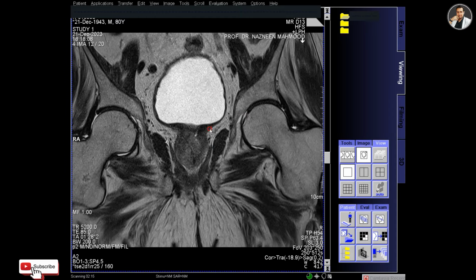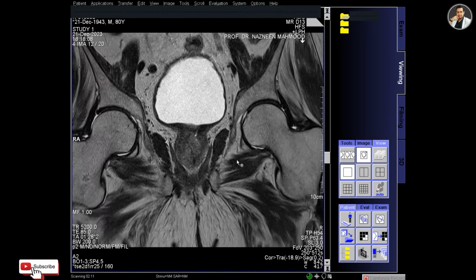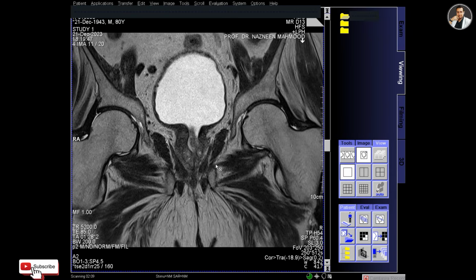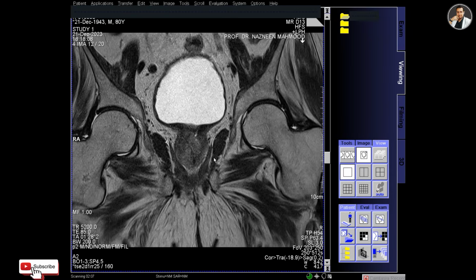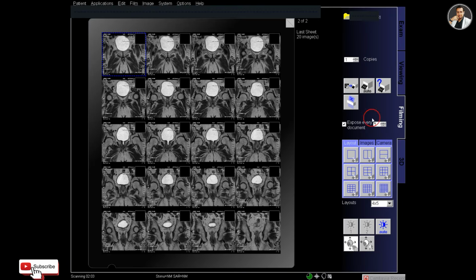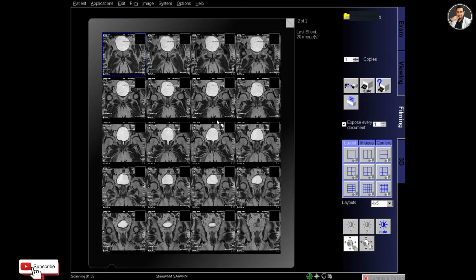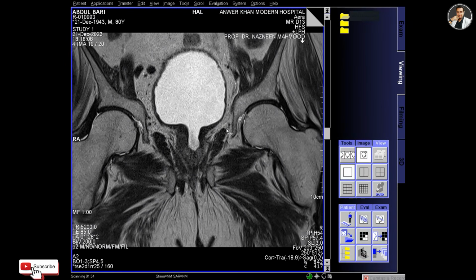So now I will print the T2 coronal. You can see that I am scrolling and you can see the prostate and the bladder, and some part of the bladder is protruded, I think, into the prostate, or the urine is stuck here, or there is maybe a urethral block.